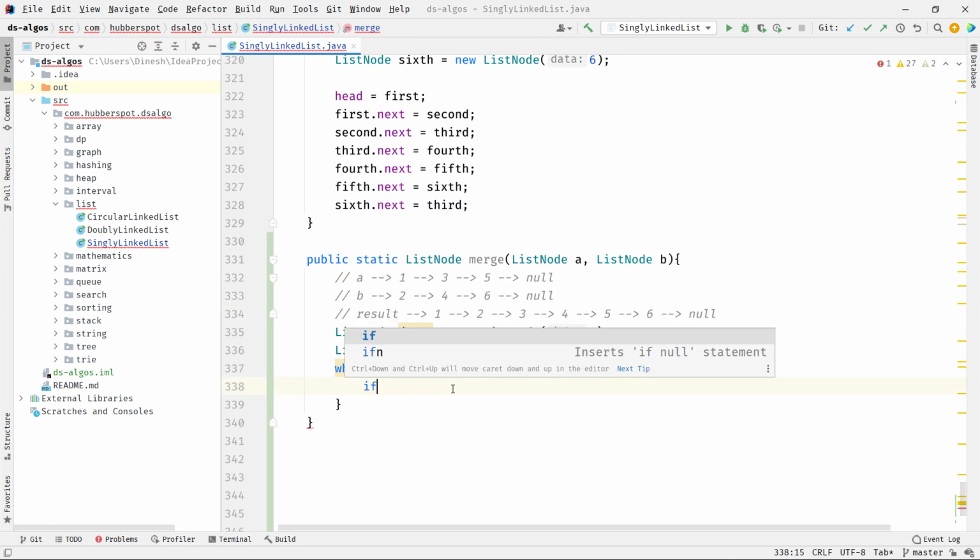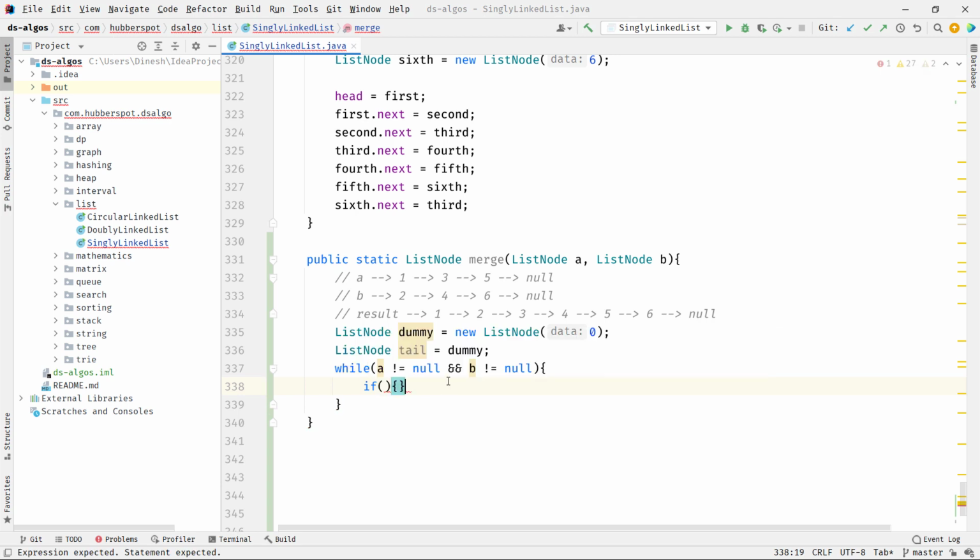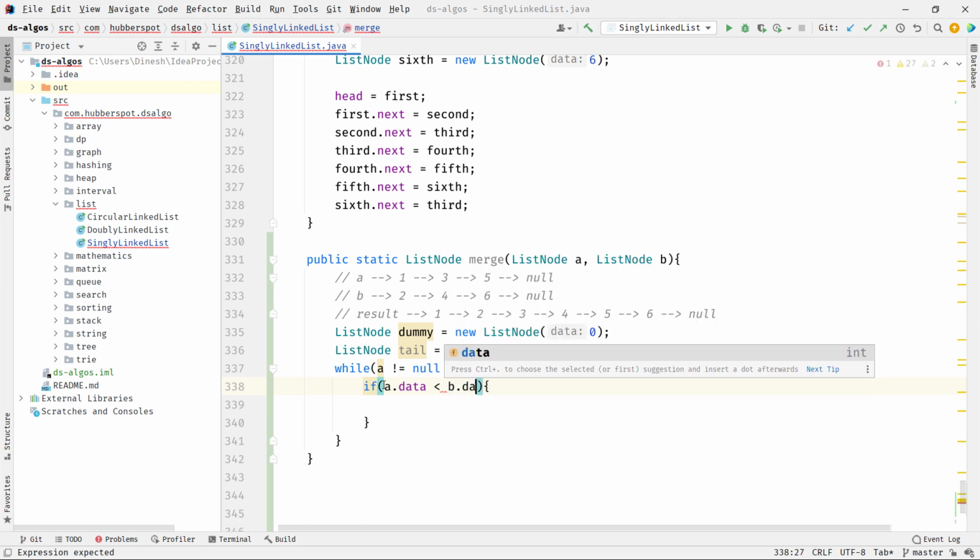Here we provide an if condition because we need to find the smallest element among both lists for the current iteration. We simply compare A's data and see whether it is less than or equal to B's data.